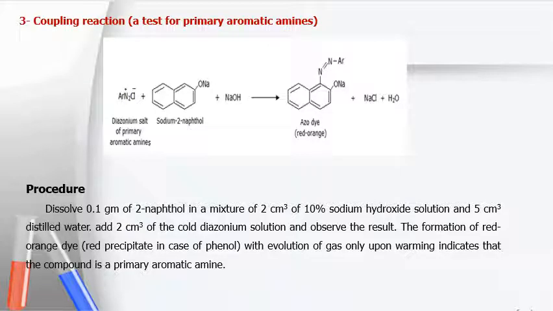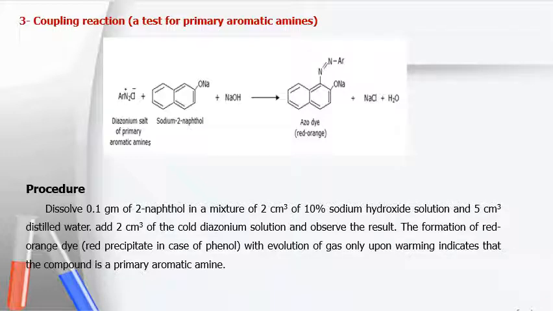Well, this is the third reaction. It's called the coupling reaction, which is a test for primary aromatic amines. So as you can see here, we have diazonium salt or primary aromatic amines with sodium naphthol, and in the presence of sodium hydroxide gives us the azo dye, a red-orange colored molecule, with sodium chloride, table salt, and